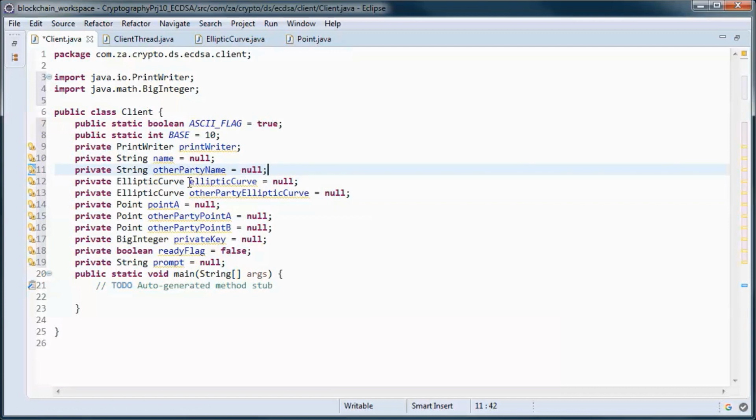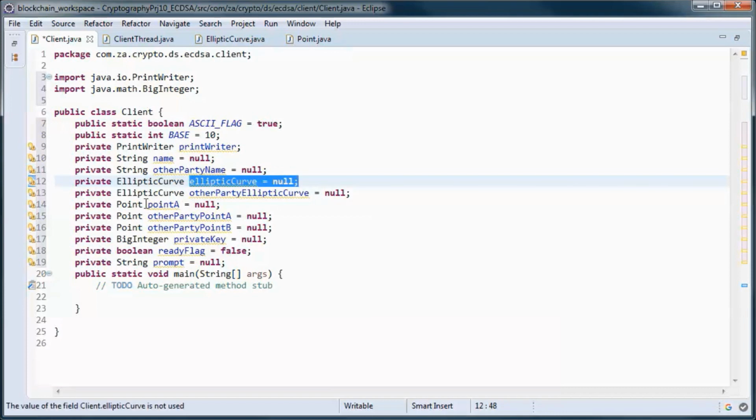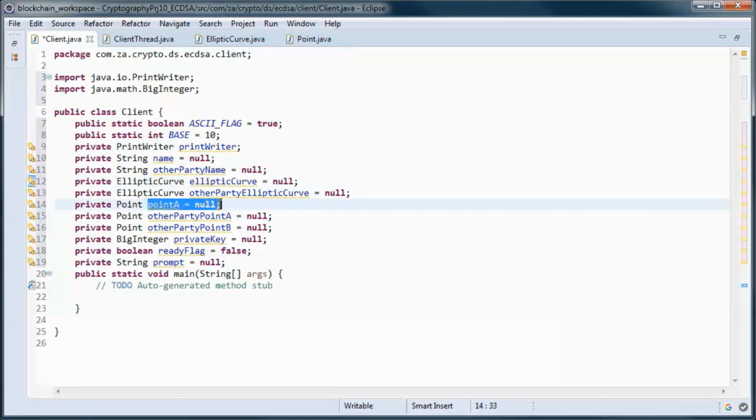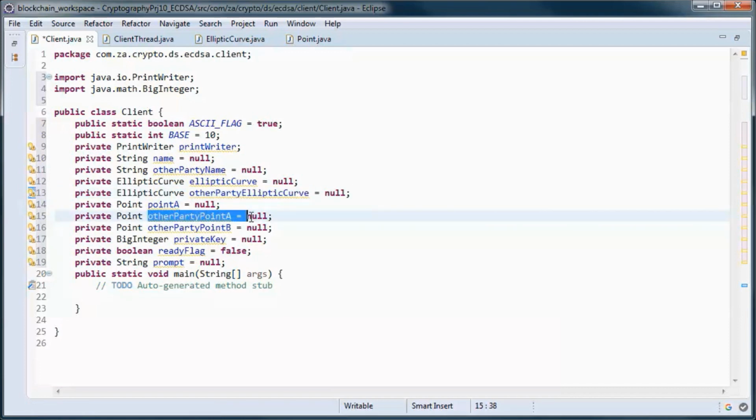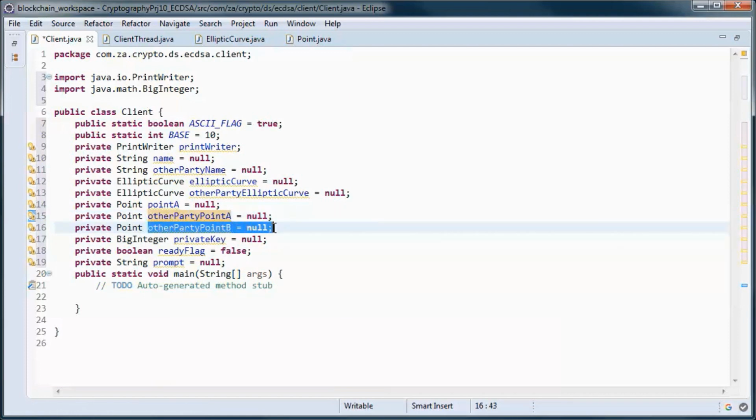And we keep track of the domain parameters that are used for this user, so the elliptic curve and the generator point, and the domain parameters for the other user, also the elliptic curve that the other user is using to sign messages with, and his generator point, and also his public key point.